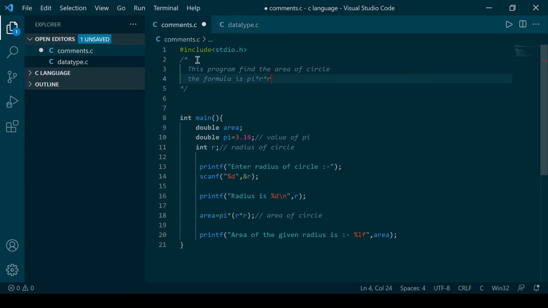Now this is a multi-line comment because we are writing more than one line, so we need to add this symbol slash star and star slash.